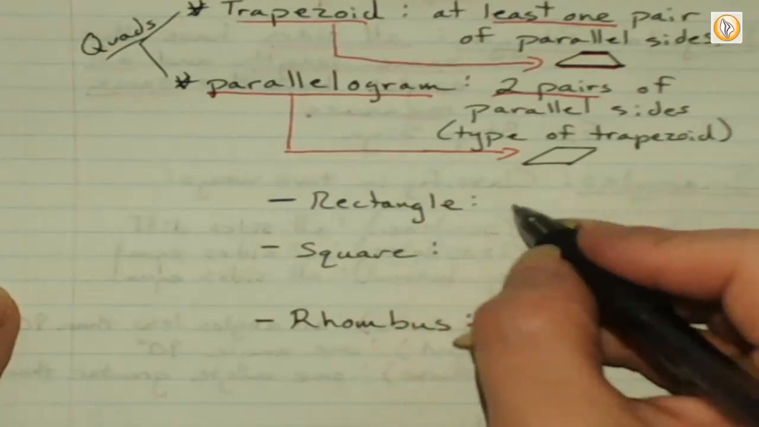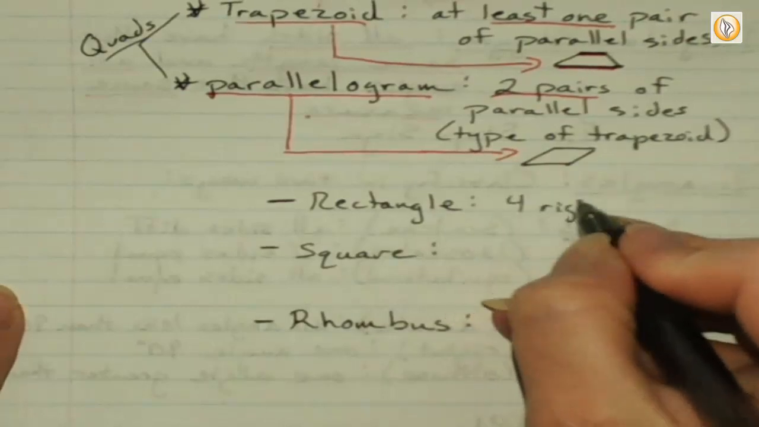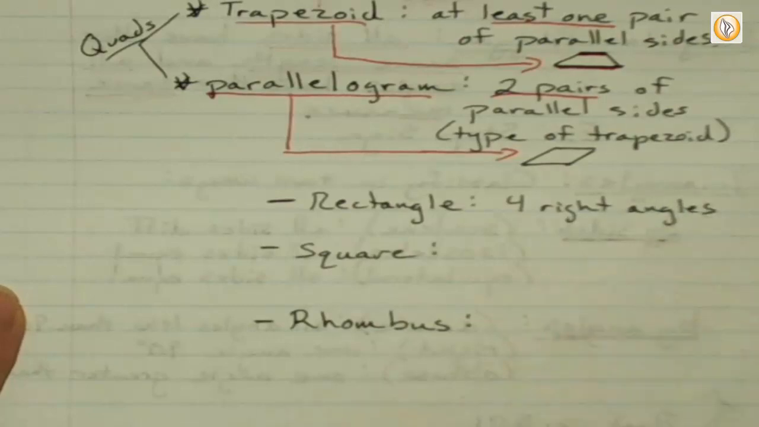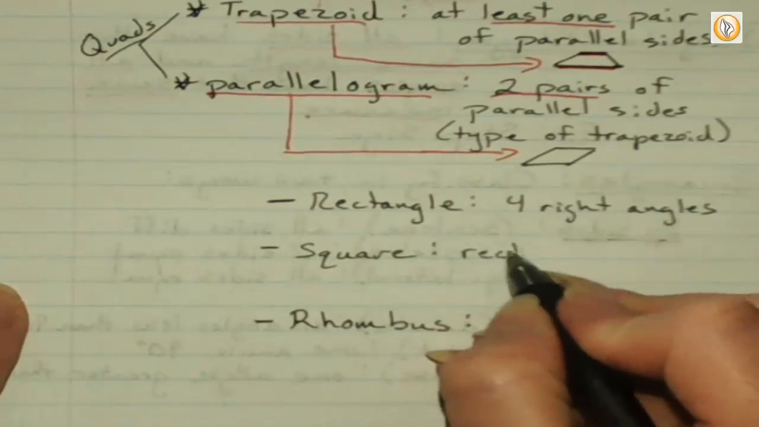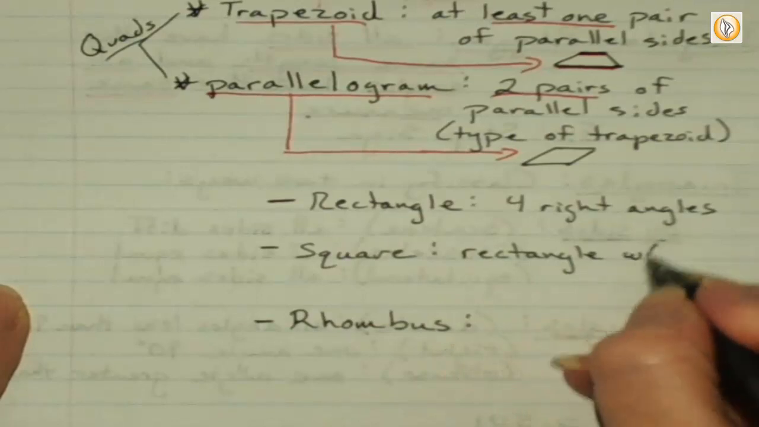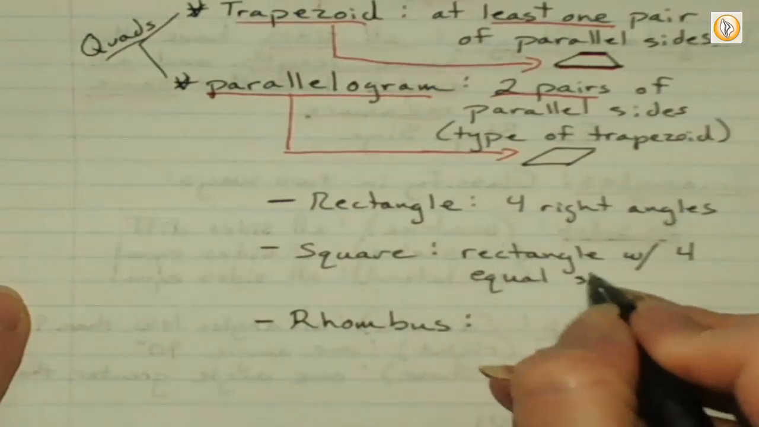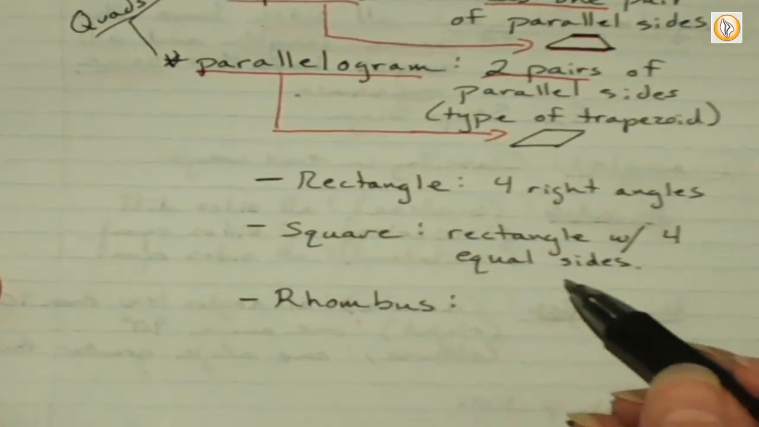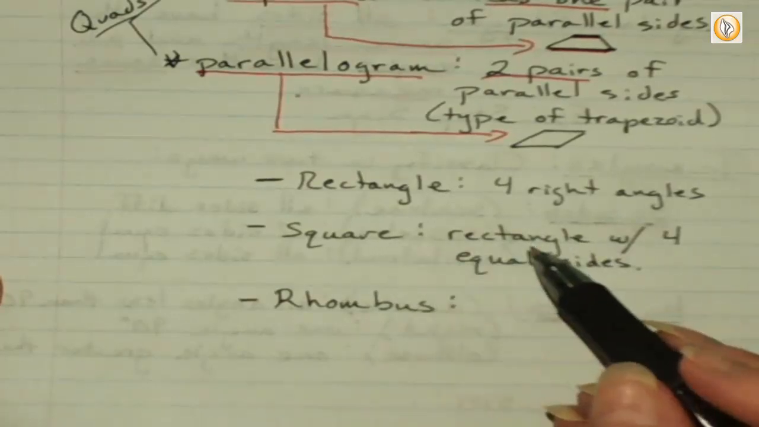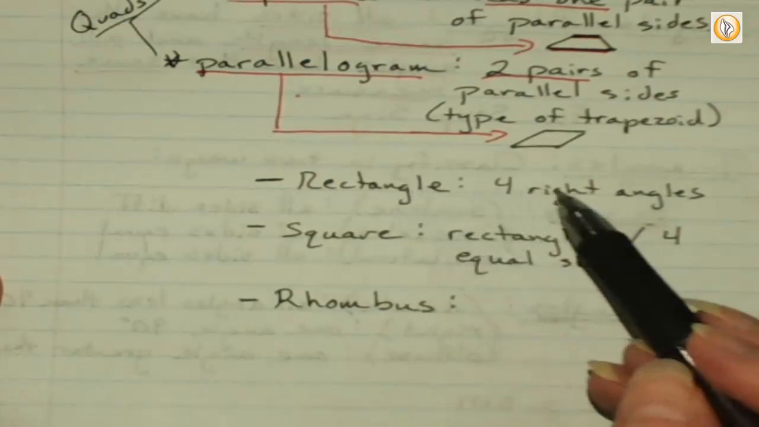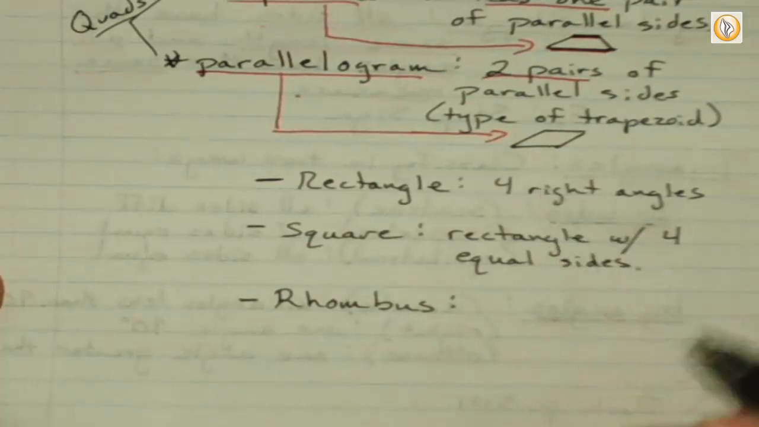Let me explain. The only thing that you need to know about a rectangle is that it has 4 right angles. A square is a rectangle with 4 equal sides. So a square is a rectangle with 4 equal sides. A rectangle is a rectangle. But can it also be a square? Yeah. Because this right here